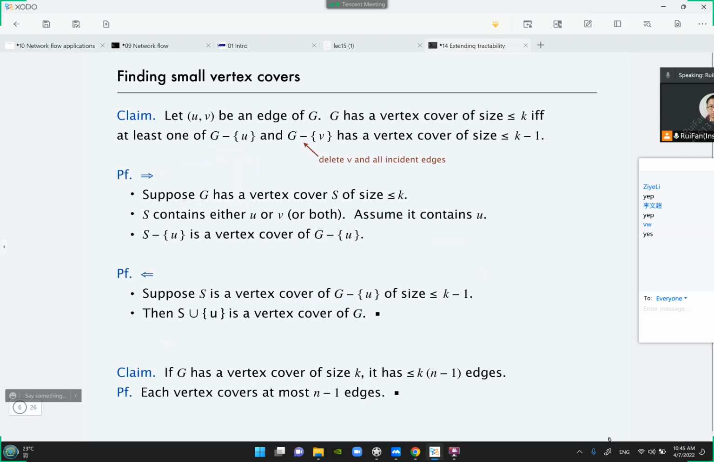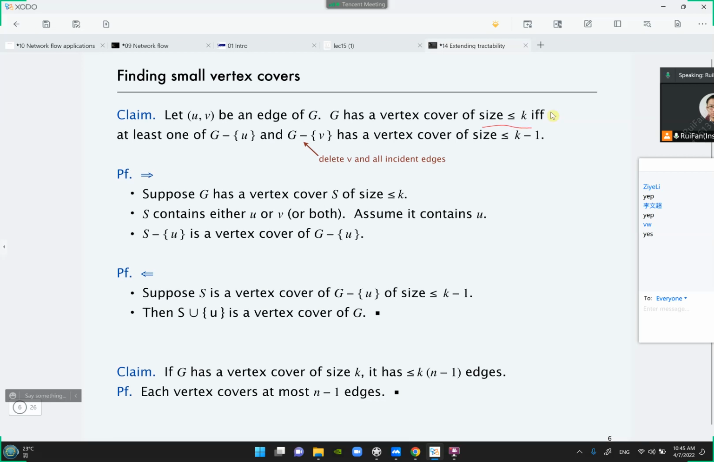Okay, so let's see how we can do this. The main way we're going to do this is to make use of this observation right here. The claim is that if you have a graph G, and you can cover all of the edges using at most k vertices,